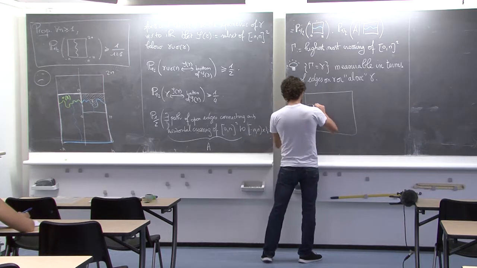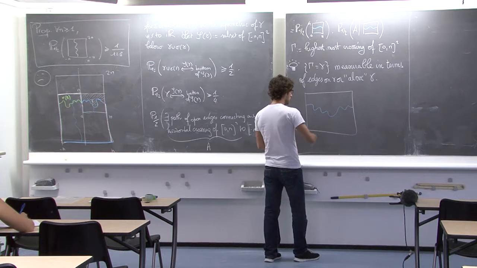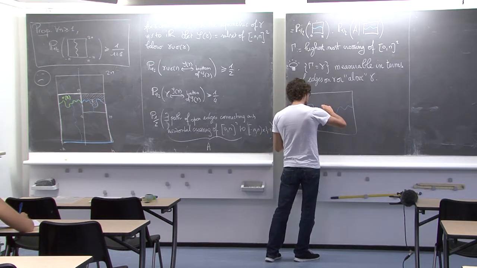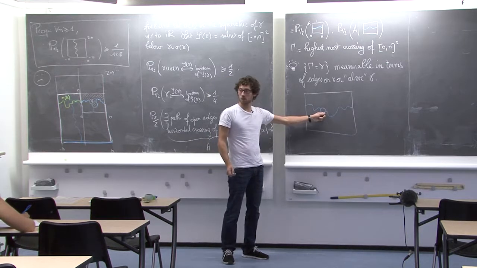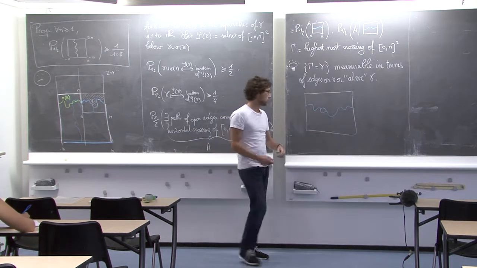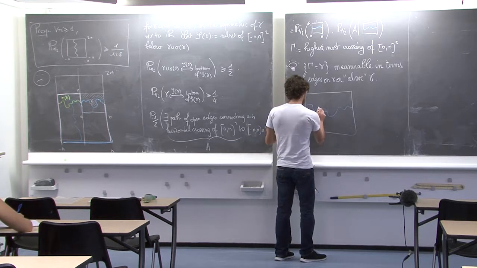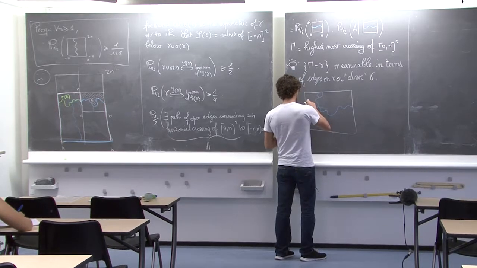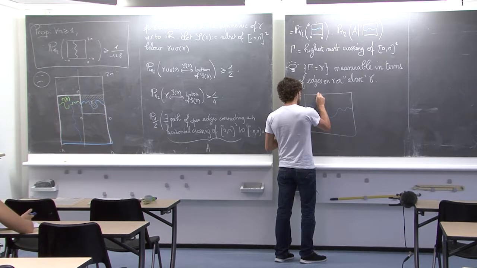So let's imagine this is my gamma. So I check it's a crossing. Then here, I'm not allowed to have anything like that, because otherwise, that means this was not the highest most crossing to start with. So here, usually, the type of picture you are going to get is something like that. So you need to know somehow that all the edges above like that are closed, like that.